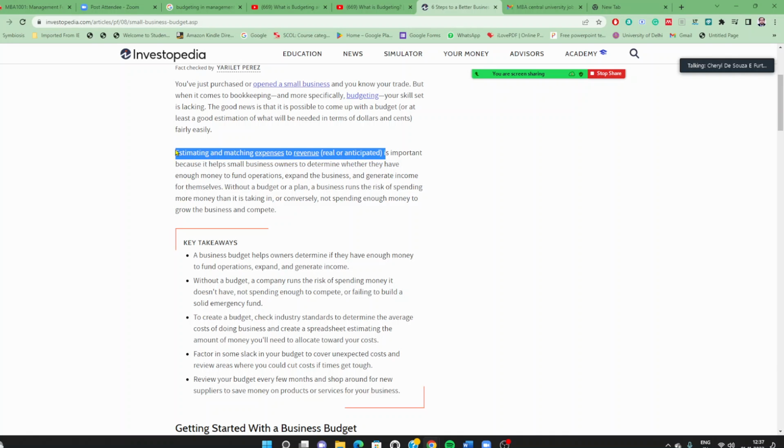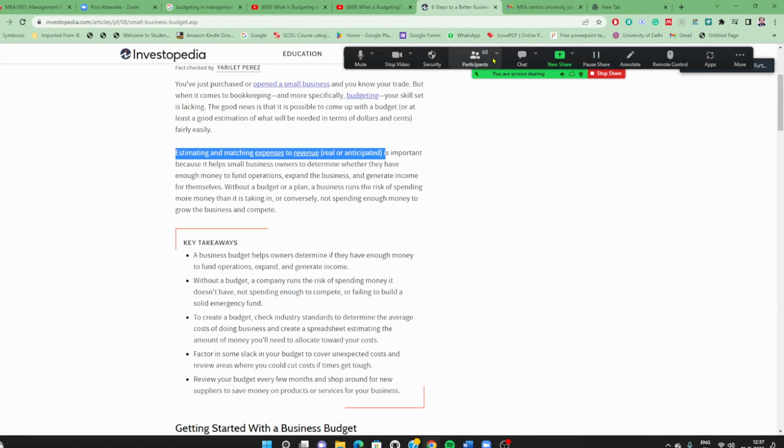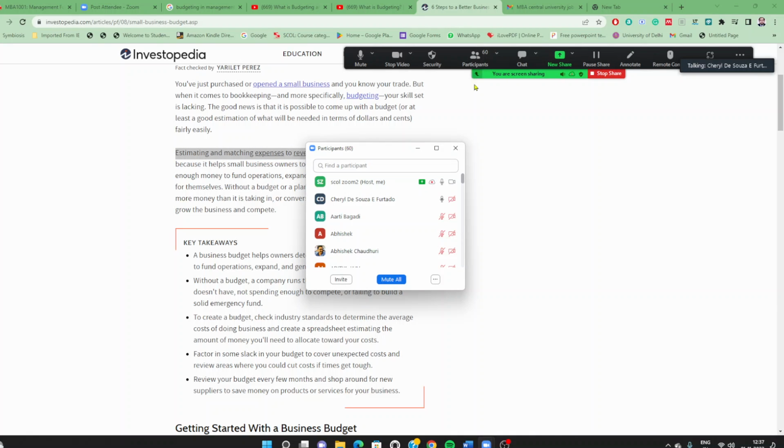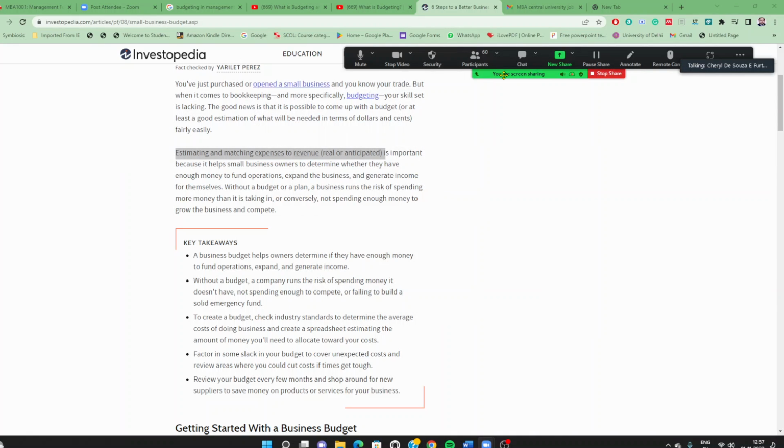Yes, sir. Sorry to interrupt, sir, but that is what I was also going to say, that even controlling has some inputs in budgeting, because there also we have to control our budget. Exactly. Yes. So, sir, we can take planning and controlling as most closely related. Exactly. Planning is most closely related to controlling, because